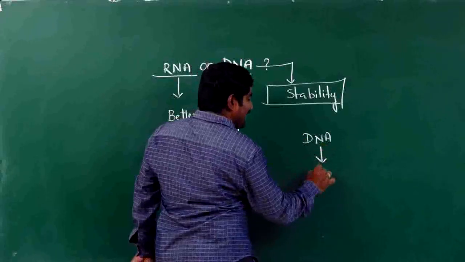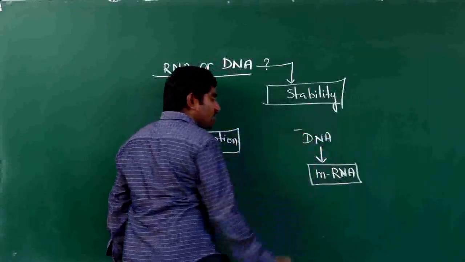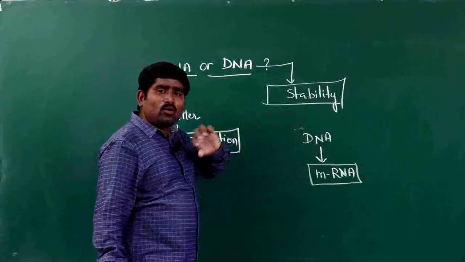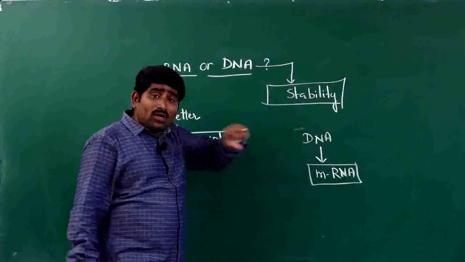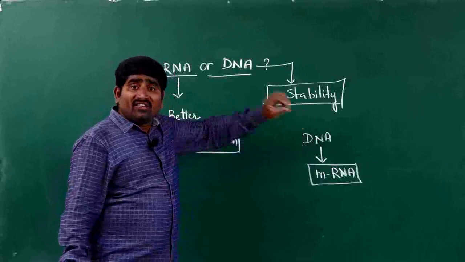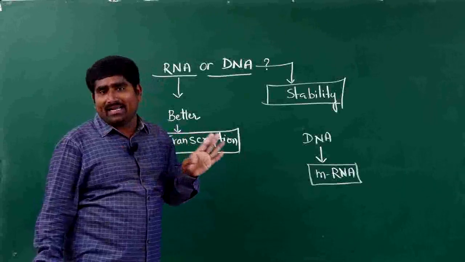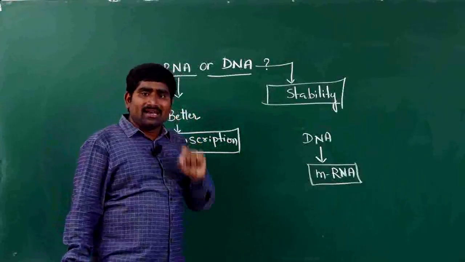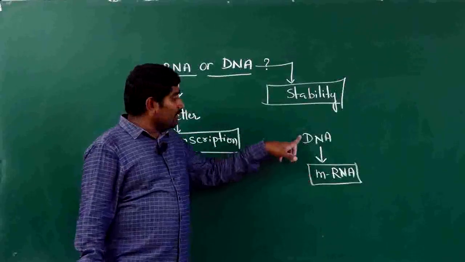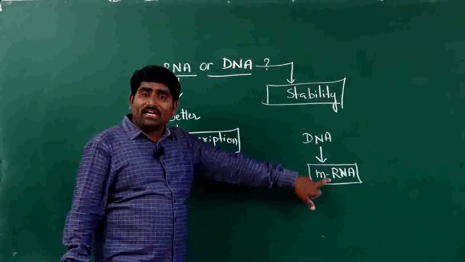In gene expression, a DNA must compulsorily produce one mRNA, so DNA depends on mRNA only for the gene expression process. DNA directly cannot code for a protein. DNA has only genetic information, which can be transferred only through mRNA. There is no other alternate for DNA. In order to express a gene, a protein must have mRNA produced, so the genetic information present in DNA must be copied into mRNA.